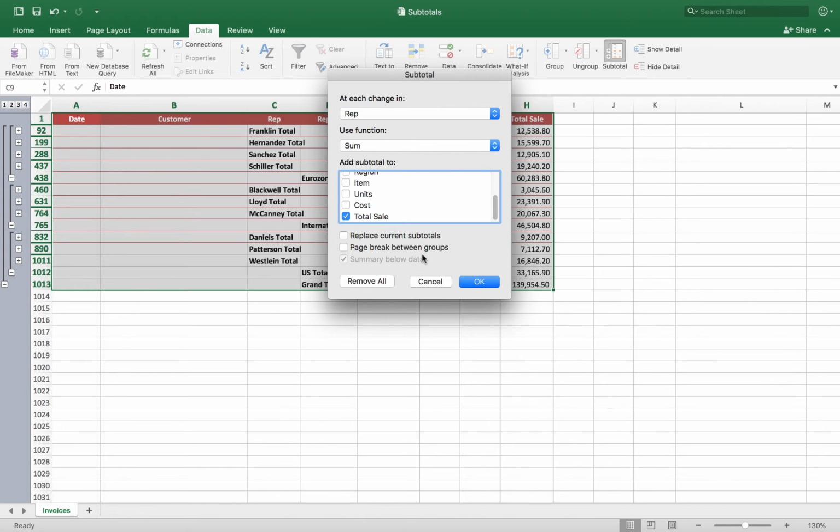And total sale, you've got replace turned off. I think you should be able to click OK. You should be going. Yeah, there you go. Click on the buttons up there. You should click on the number 3. Yeah, there you go. See how you're able to get it by.